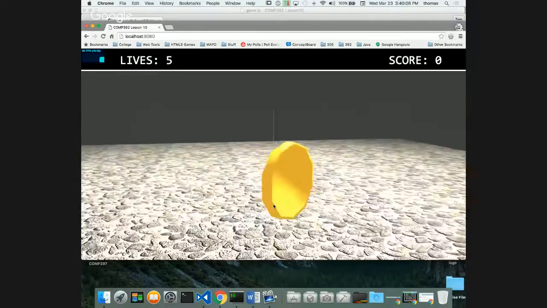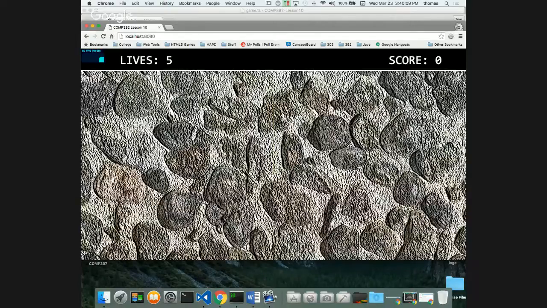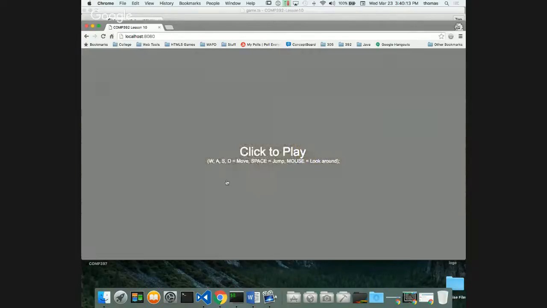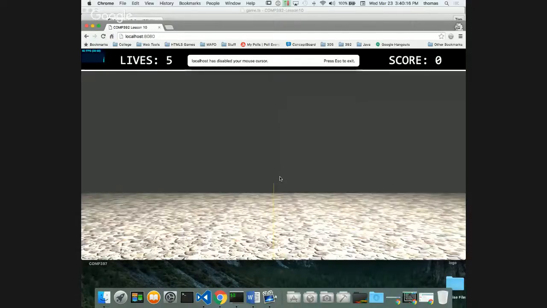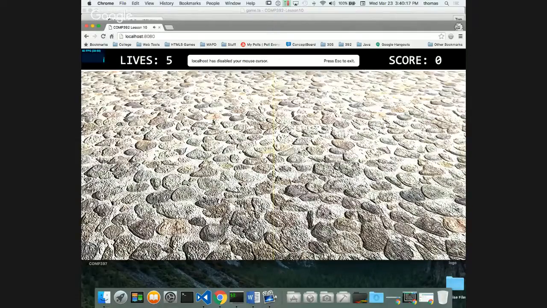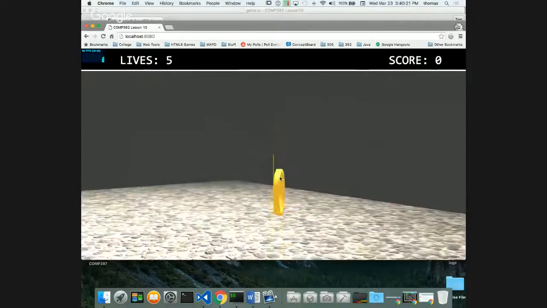And by the way, if I was to refresh the game, so if I press escape, and if I refresh the game again, it's going to appear in a different location. Let's see where it goes, right? So escape, look around, and where's that damn coin? It's over there now, right? And if I run over it,